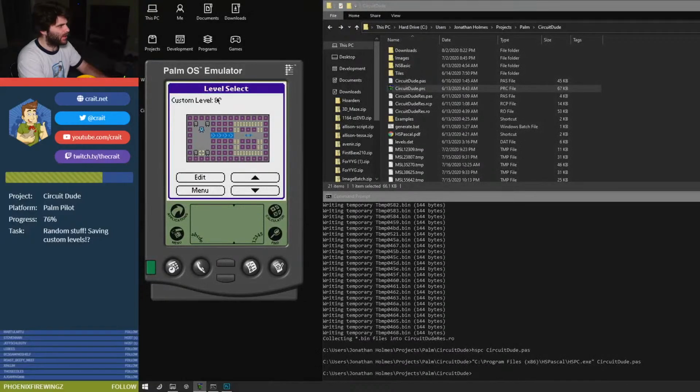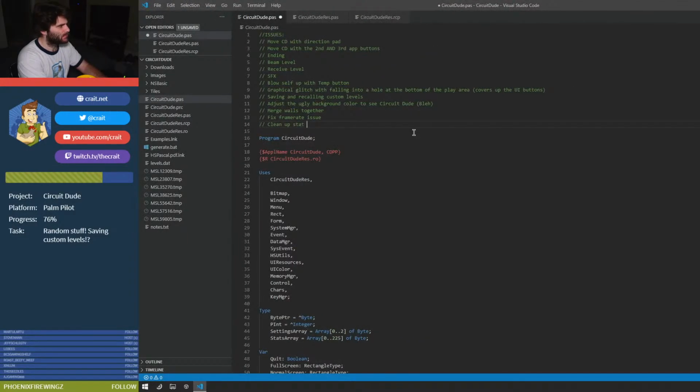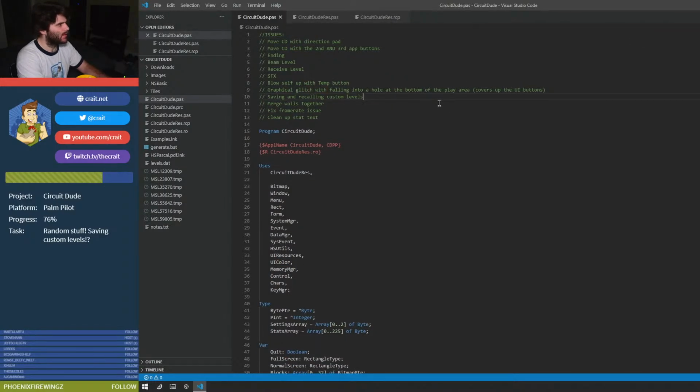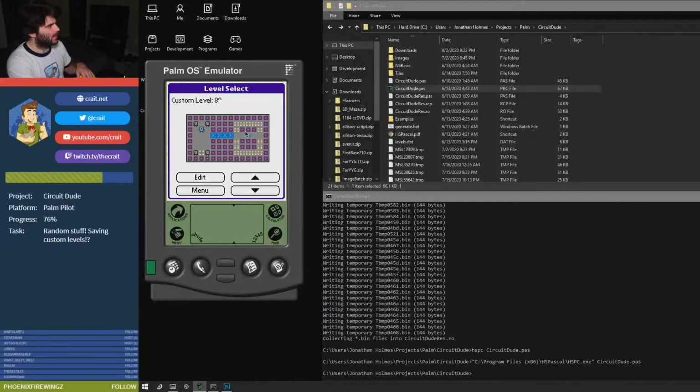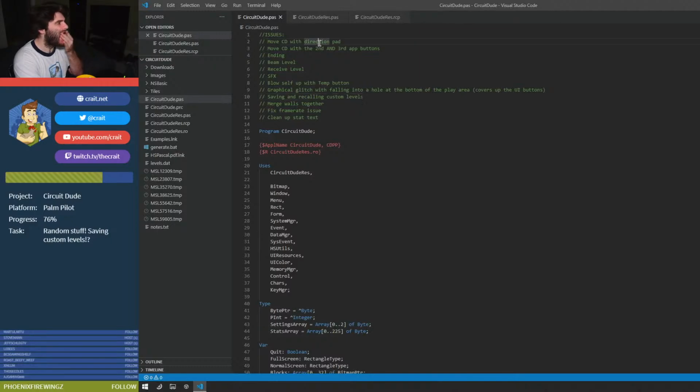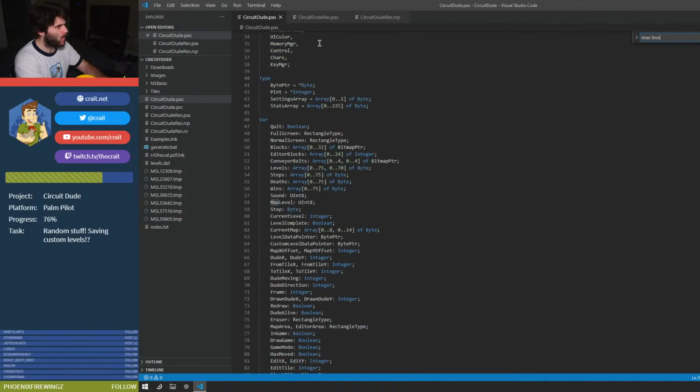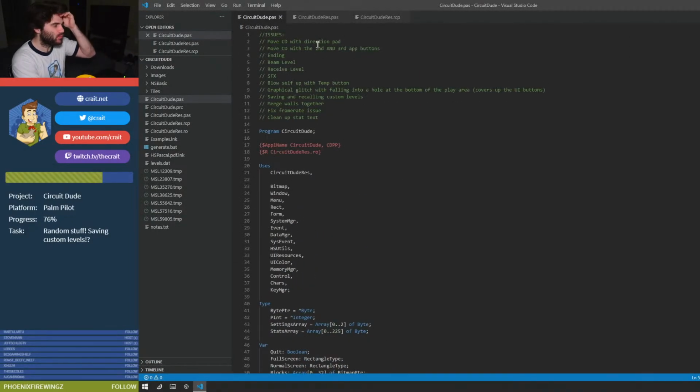Clean up the text, the stat text. That's an issue that we need to do. Just the ugly backwards color, got rid of that. And oh yeah, max level. Actually, this is important because